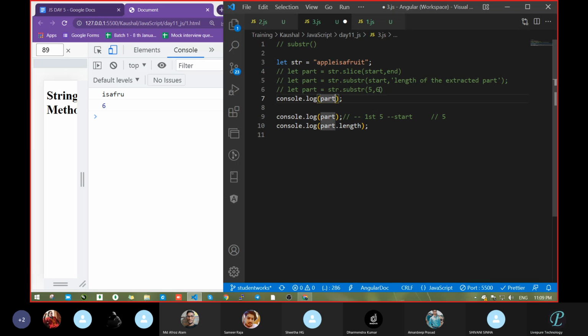We took only the starting one. Length we had not given, so it will take the complete length. It started from the 5th and it went up to the last. Clear?